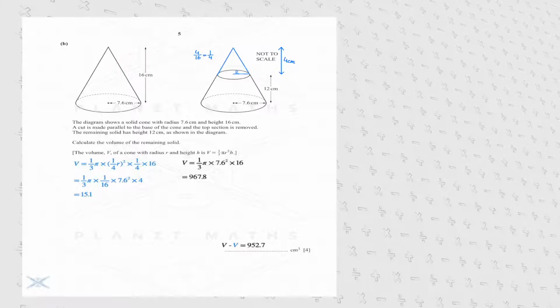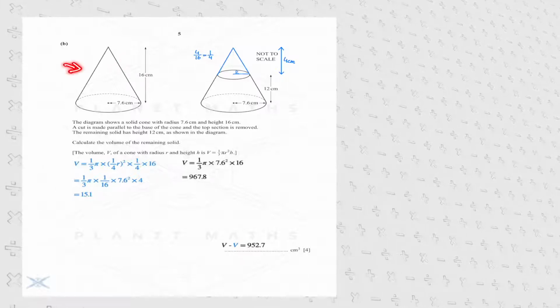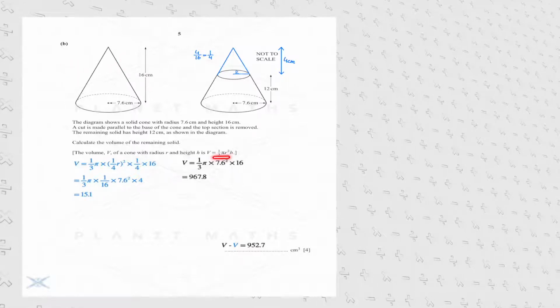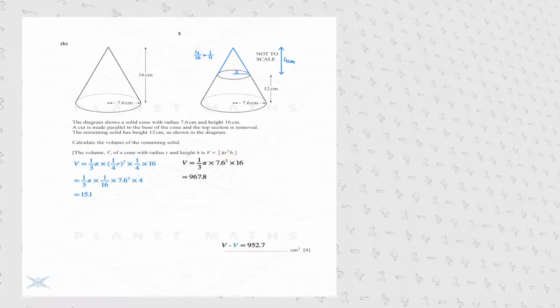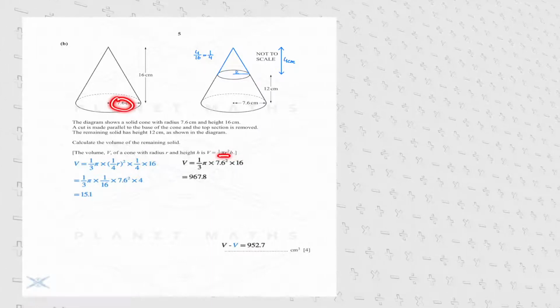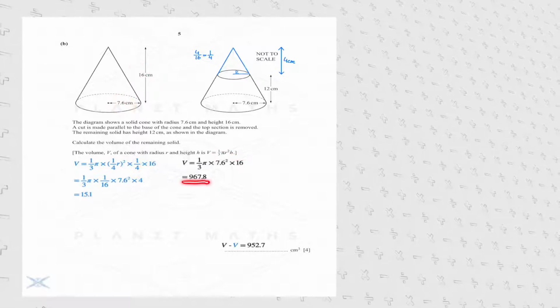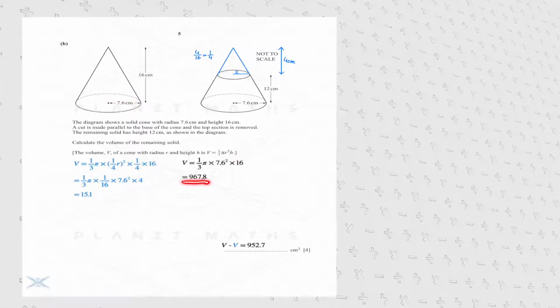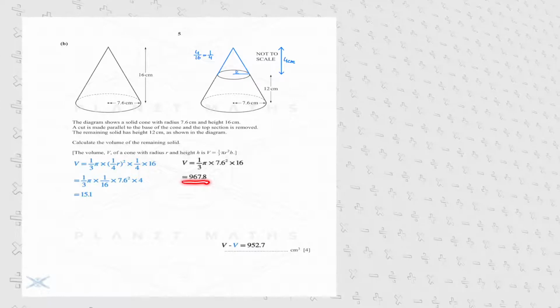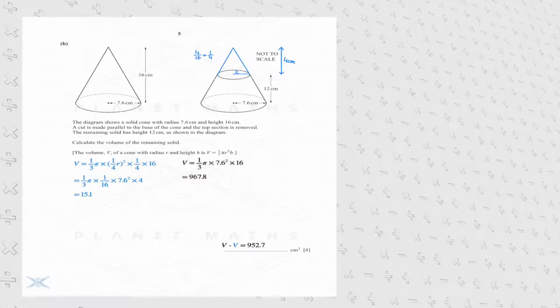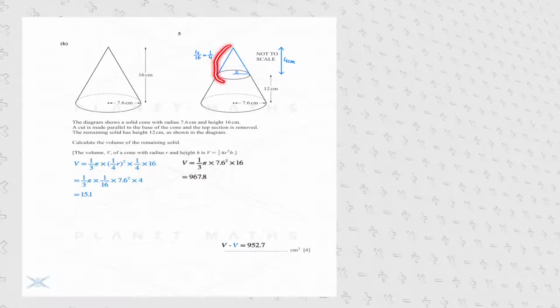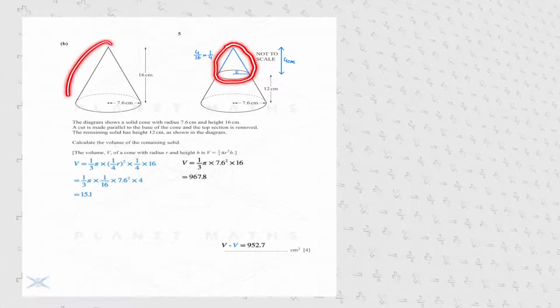So we see that we first need to find that exact volume, which is again done by employing the formula provided, and we can simply plug in the value for the radius and the value for the height of the cone into our formula, providing us with the volume of the original cone, which is 967.8 centimeters cubed. In the final step, we simply subtract the volume of the small cone from the volume of the entire cone, which is